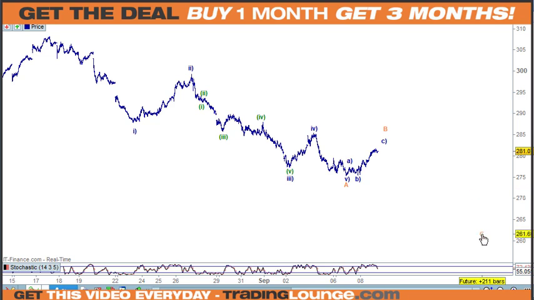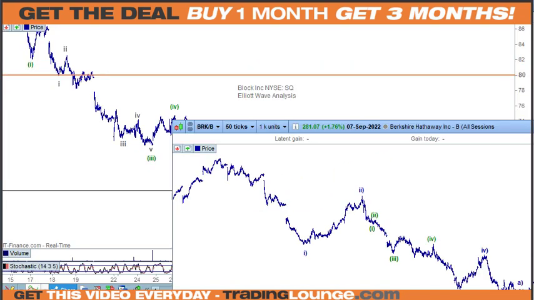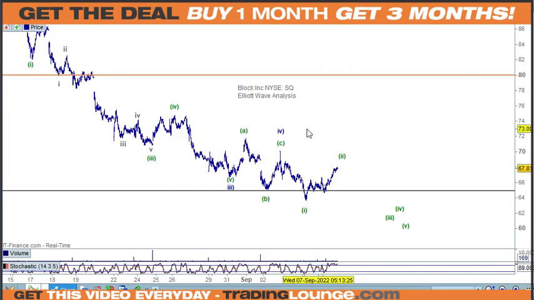But still, I still want my A, B, and C down through to here. And yes, we could call it wave 2 here as well. So we'll look at the speed at which this comes down. It's not like this A wave has come down very fast at all. So yeah, we'll put that to the side. Block here, so